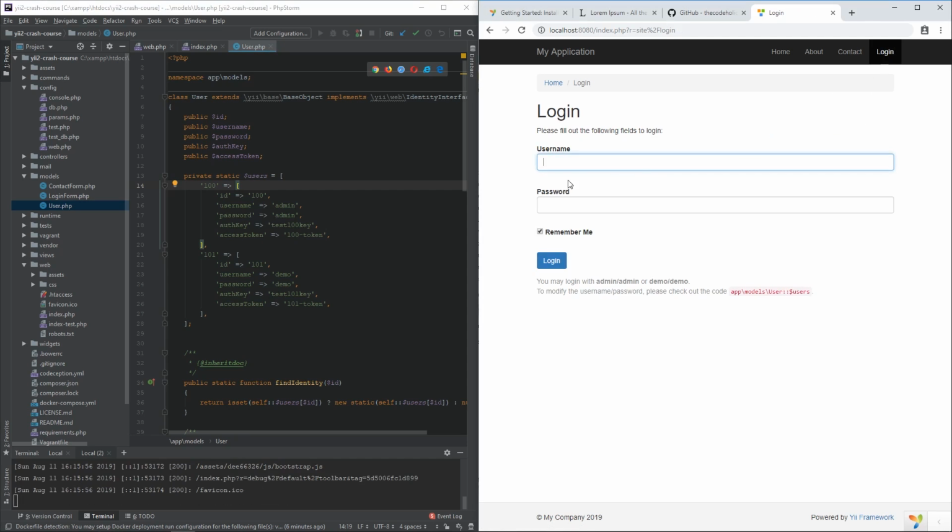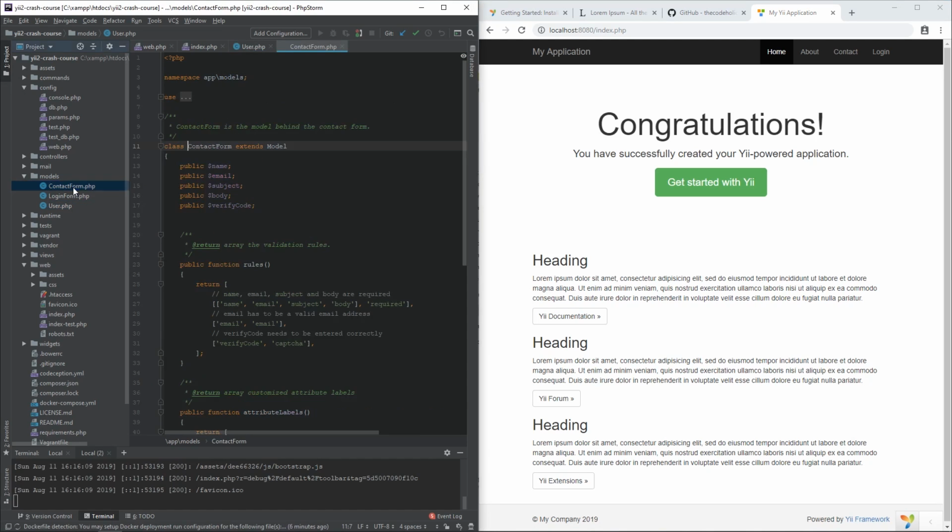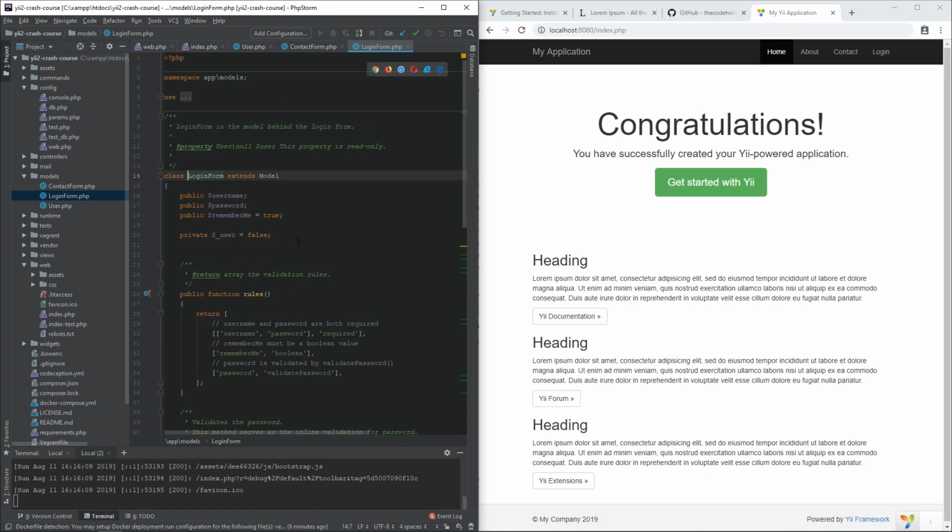So we can try login, put here like admin, and we're logged in, and we see this logout button. So nothing additional happens when you log in right now, just the authentication works. Okay, we're gonna see this contact form and login form in depth, but for now,